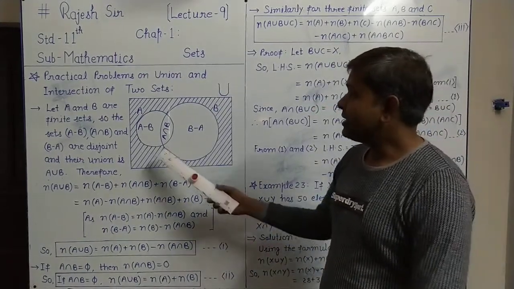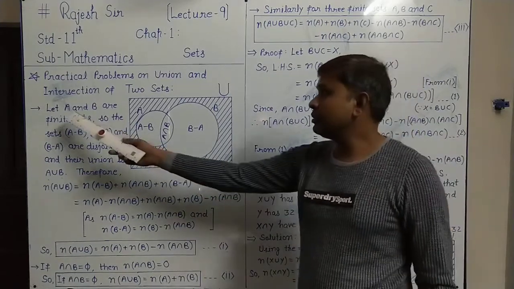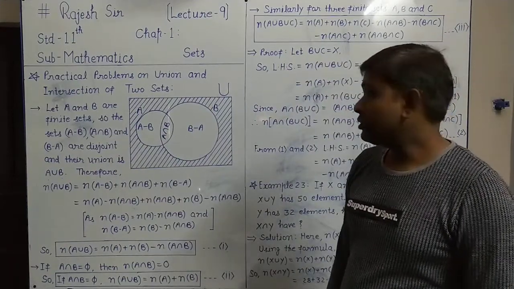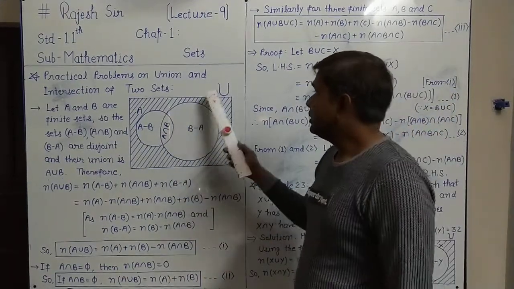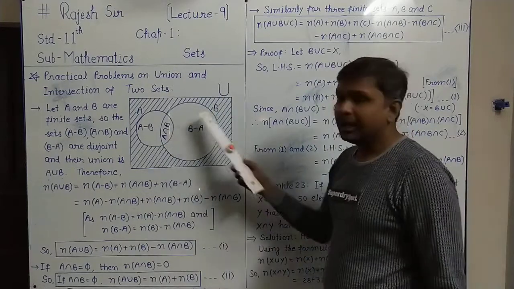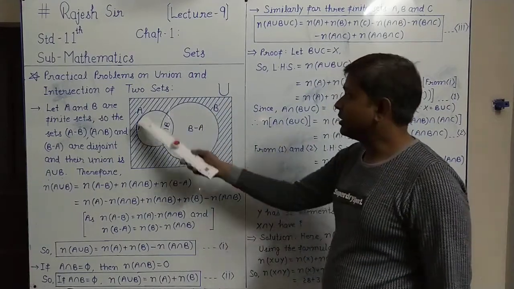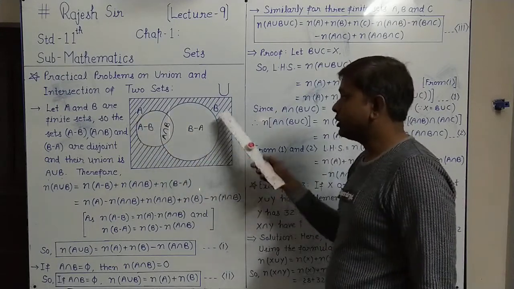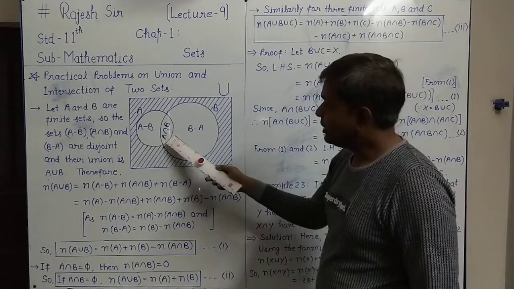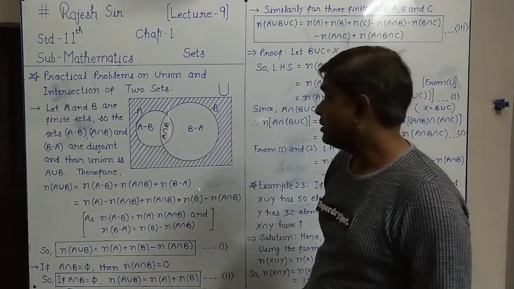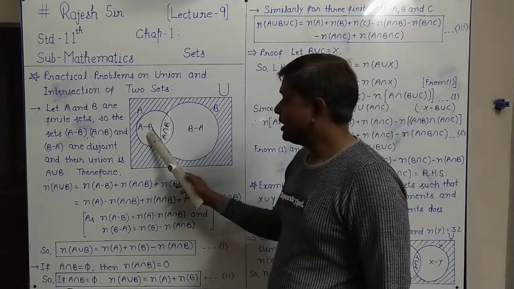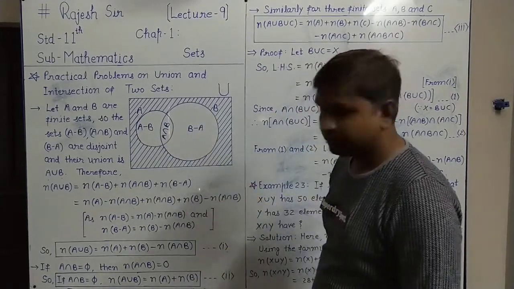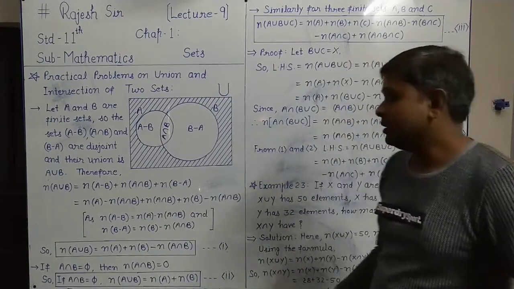As we have seen in the last lecture, for two finite sets A and B, and in the difference of sets also, let the universal set U be denoted by a rectangle in the Venn diagram. This circle shows the set A, this circle shows the set B. The common part of A and B shows A intersection B. This remaining part shows A minus B, and this remaining part shows B minus A. That we know, in the last two lectures also we have seen all this.